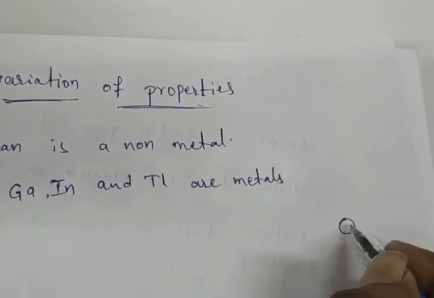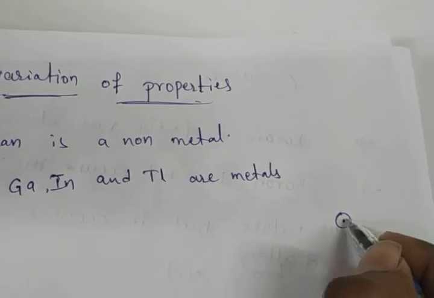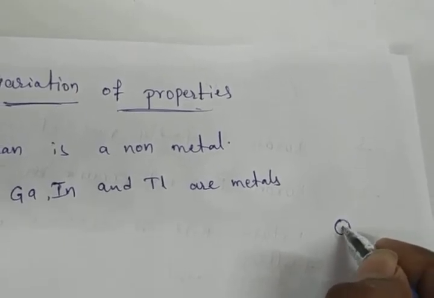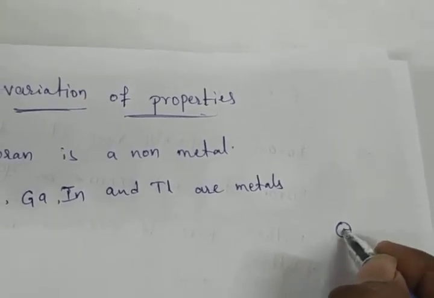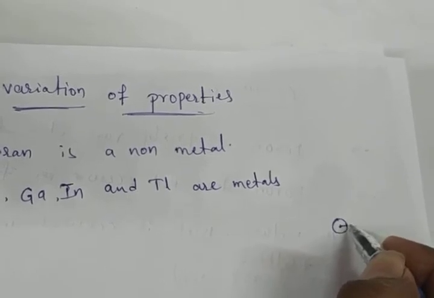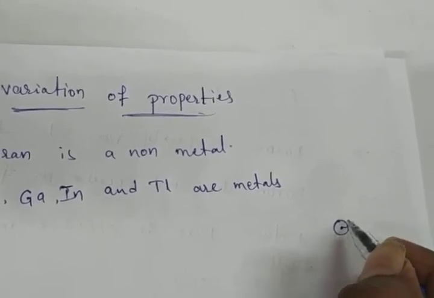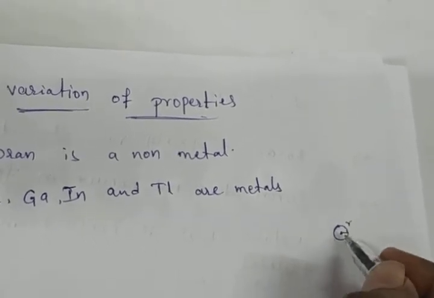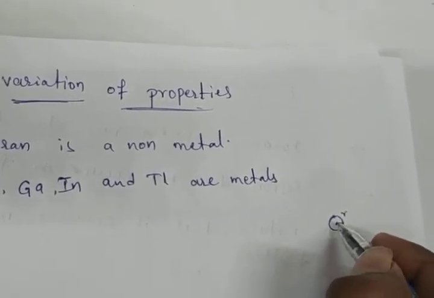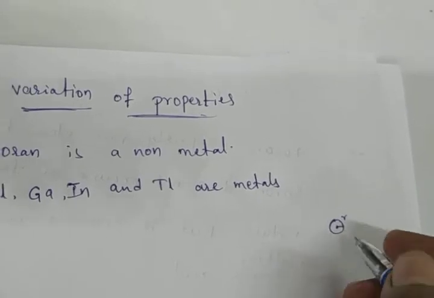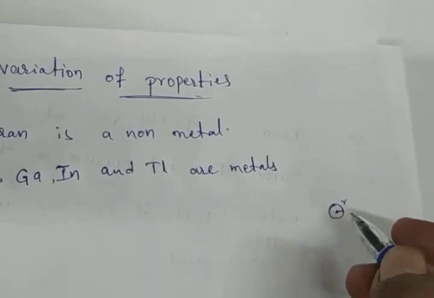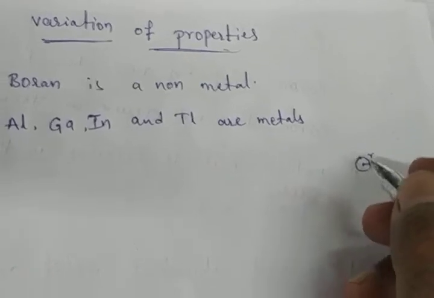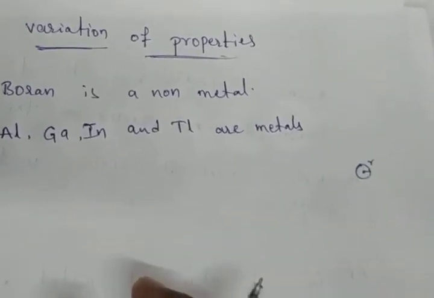Suppose this is the atom. This is the center. The center is the nucleus. The distance between the center of the atom to the outermost shell, that is called the radius. Radius is indicated by small r. Okay, this you already know, the radius.